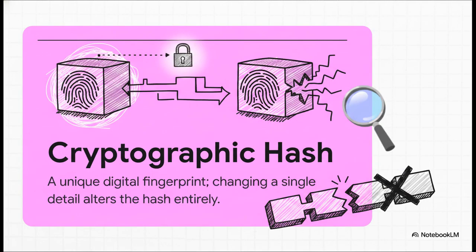So the crucial point is understanding what actually holds this whole thing together, the cryptographic hash. Think of a hash as a unique digital fingerprint generated directly from the data inside a specific block. If a hacker tries to change even a single detail in that block, like say sneaking an extra 0 onto a money transfer, the hash changes entirely. And here is the real magic. Because every block securely contains the hash of the block right before it, altering one block literally breaks the entire chain. It invalidates every single block that follows it. It is fundamentally, mathematically, tamper-proof.